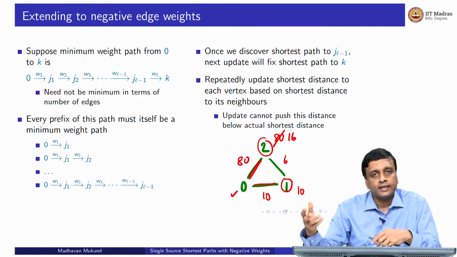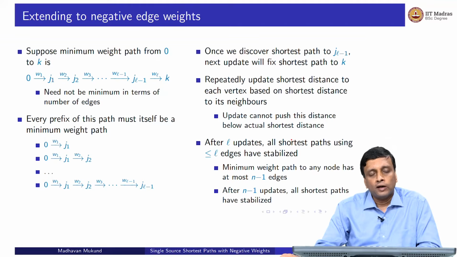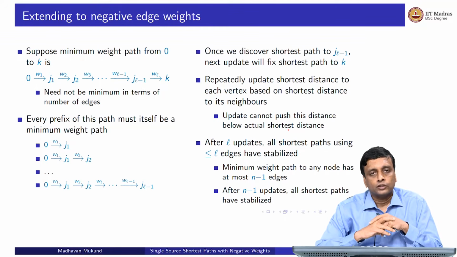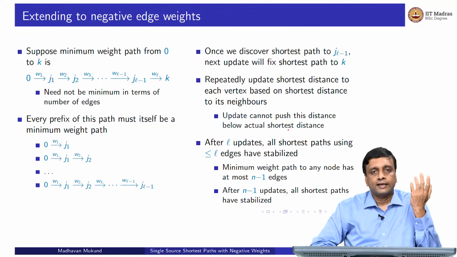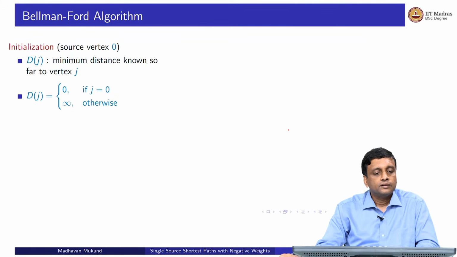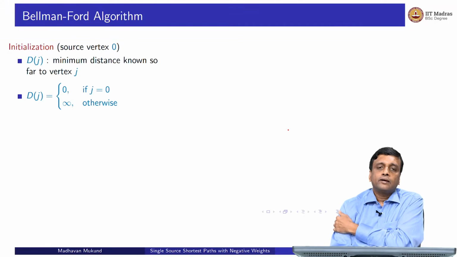So, we are not going to freeze the update, but we are going to keep updating. Every time we make a change, we will update all the neighbors of that changed vertex, right. So, after L updates, the claim is that all the shortest paths using at most L edges would have reached their optimum. And since, as we discussed before, the shortest path to any vertex must be a path and it can have at most n minus 1 edges, if we do this n minus 1 times, we would have stabilized all the paths. Okay. So, this actually turns out to be a much simpler algorithm than Dijkstra's algorithm in some